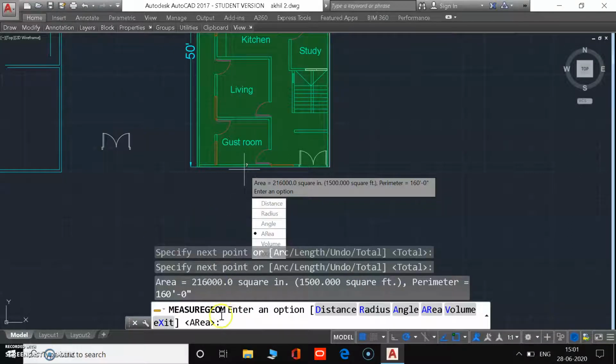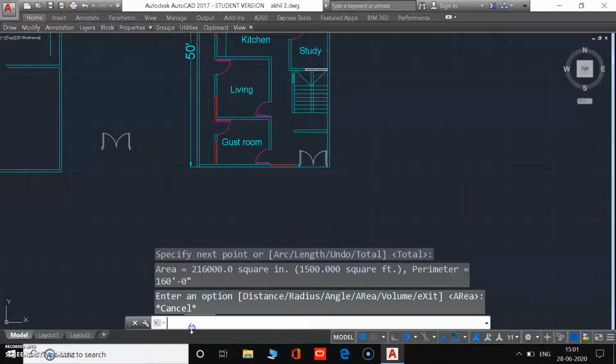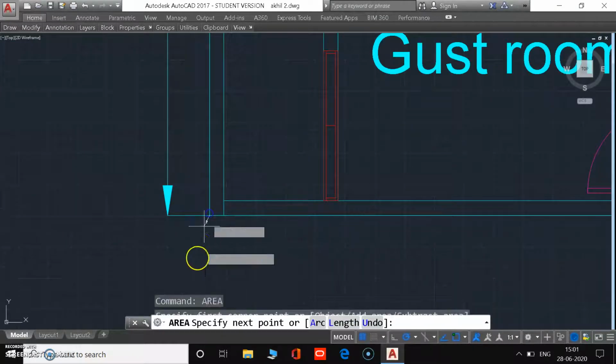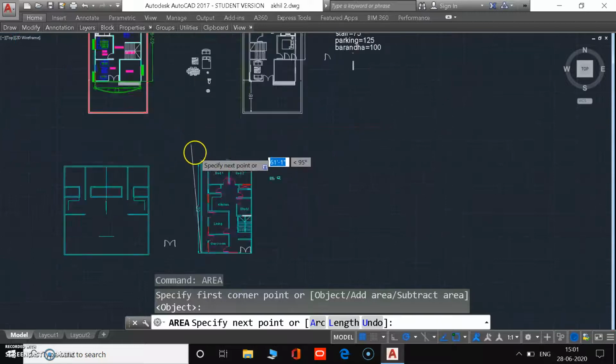So it is a very basic and very important command for measuring distance, radius, angle, area and volume. Let's see another command. Type area directly in the command box, click on area and select all corners very precisely.